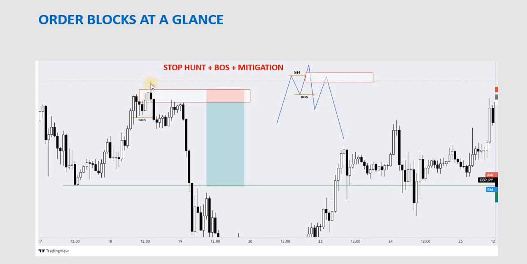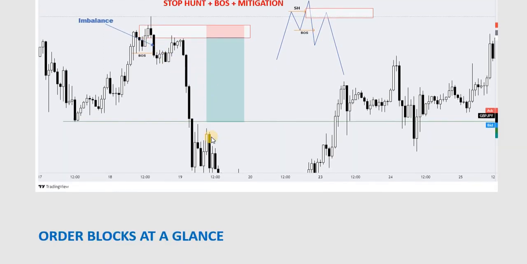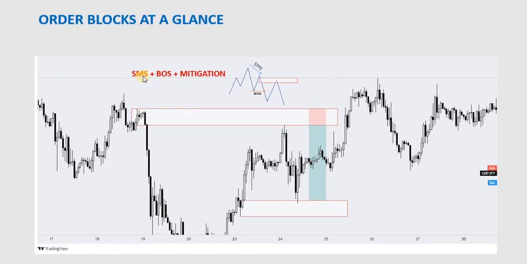And not only that, it went further to break structure, and then we wait for the mitigation of the order block so formed, the last buy before the sell move, and we have this very beautiful one. Then quickly, we have an imbalance here too, as you can see. Good. Then we have another form of order block where we have the